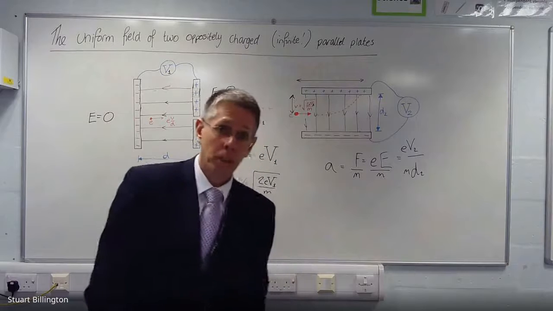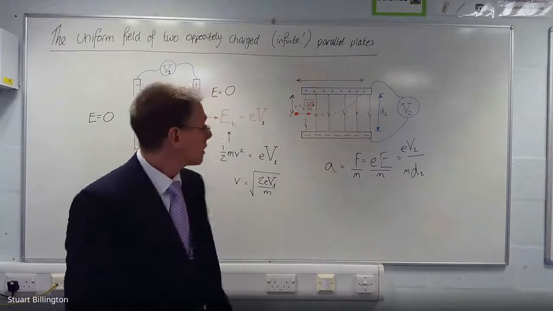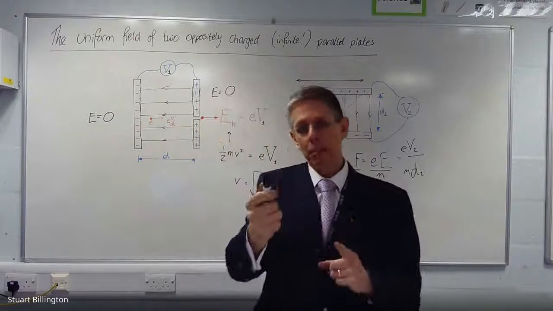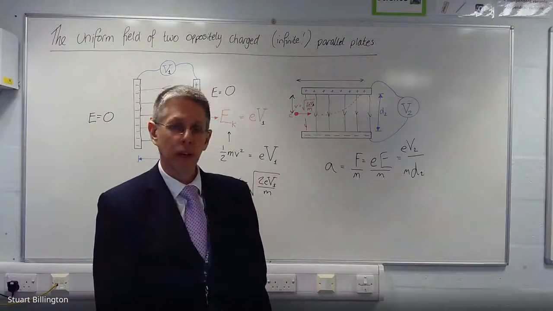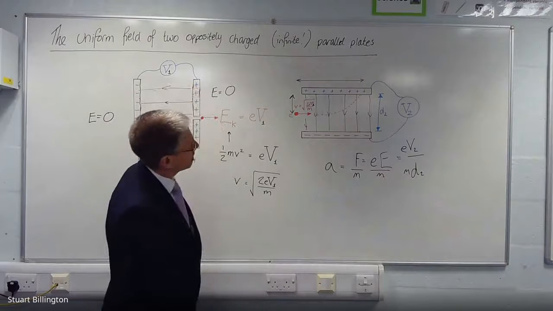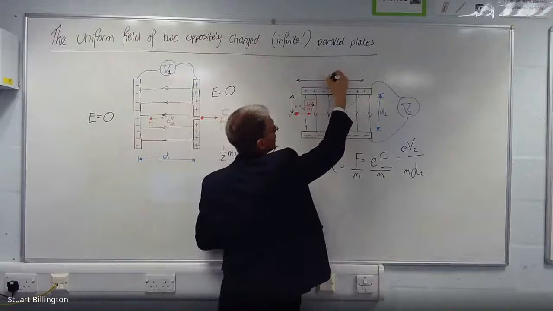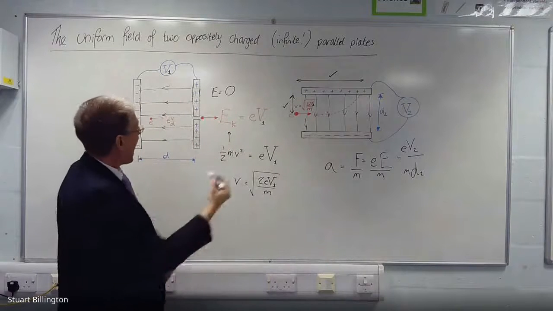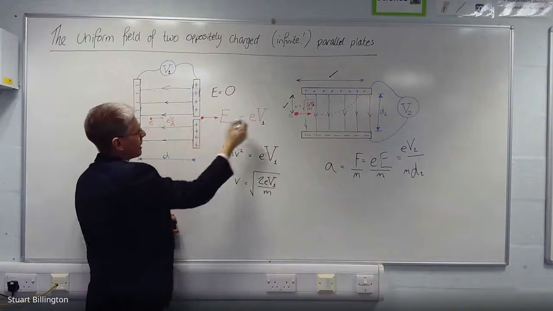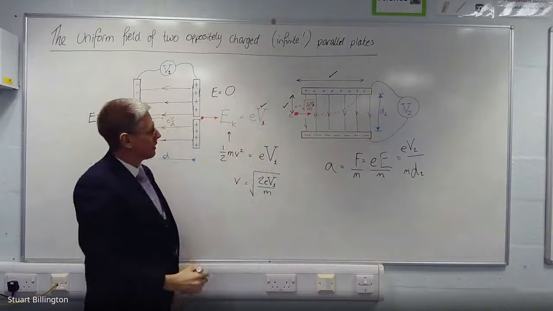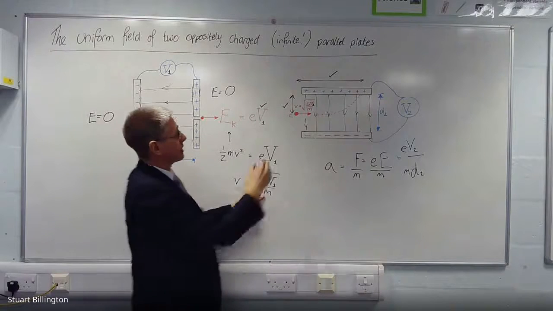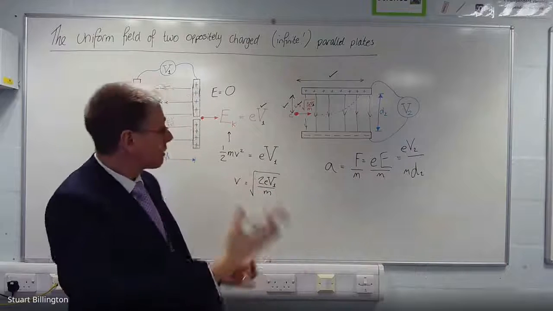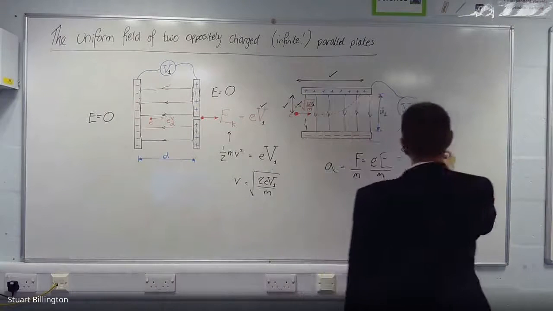This is a projectile motion question. So if I give you some of these numbers, you should be able to work out the missing one for me. So what I'm going to do, I'm going to give you the range, and I'm going to give you the vertical distance, and I'm going to give you the V1. So you'll be able to work out the velocity. You'll have all of the numbers. The one I'm not going to give you